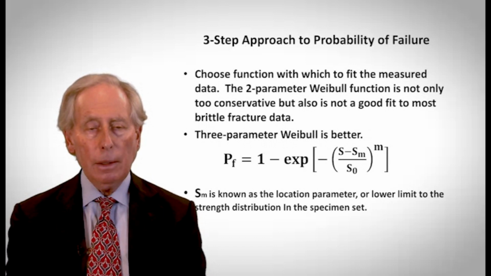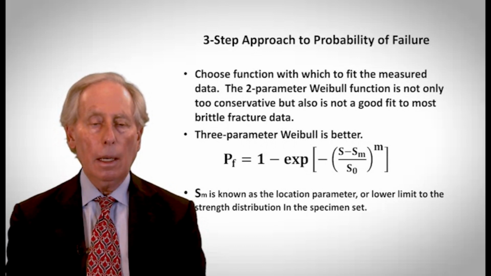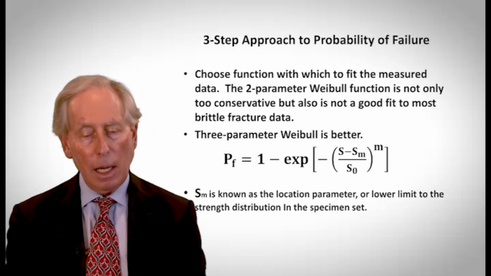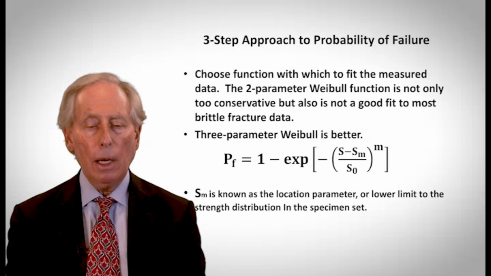There is nothing, this may be somewhat controversial, there's nothing fundamental about Weibull. There are lots of expressions that fit data. They're all statistical expressions, probability expressions, and this concept of weakest link theory is not terribly useful to understanding or predicting failure